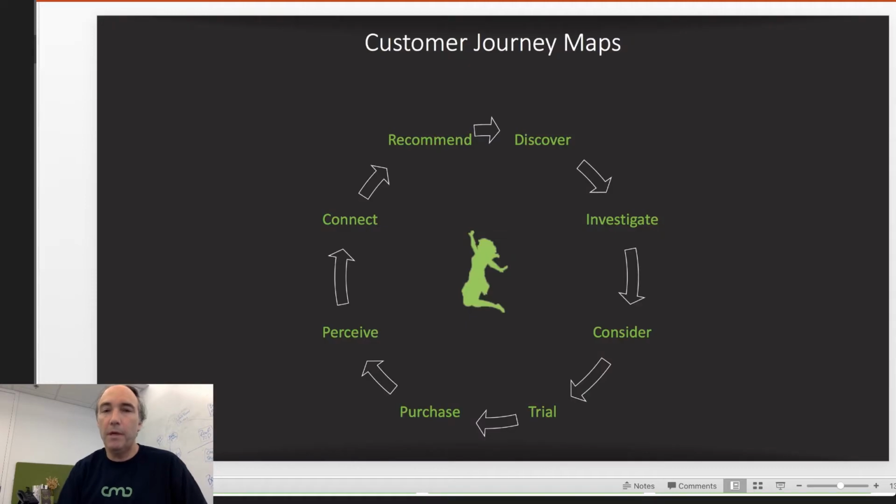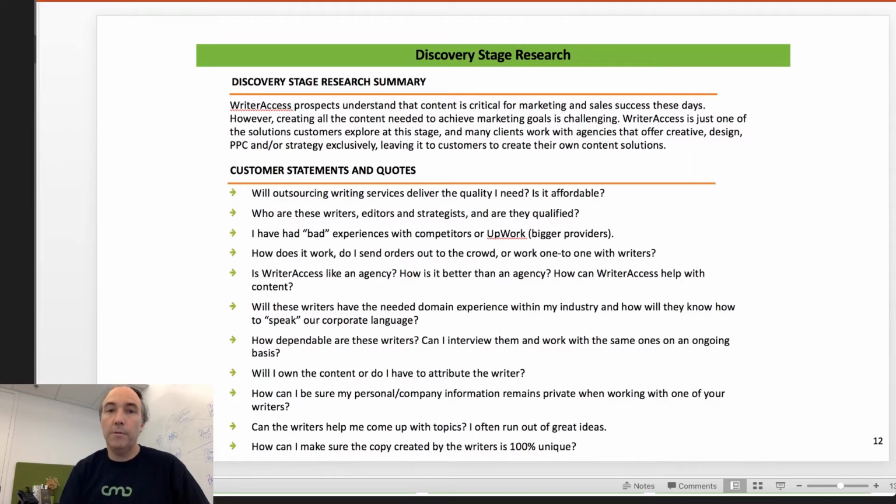So journey maps typically have 8 stages, and they can have 6 or 4. What's very interesting is that 44% of customers are investing in the early stages of the journey maps, not the tail end of the journey map, yet it's 5 times more expensive to attract customers in the early stage as it is to retain them. It's fascinating to me that people are investing more in lead generation than they are in retention, yet it's much more expensive to do that. But let's take a look at what the documentation actually looks like in a customer journey map.